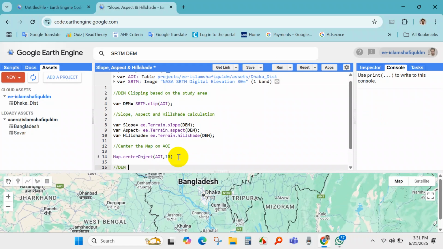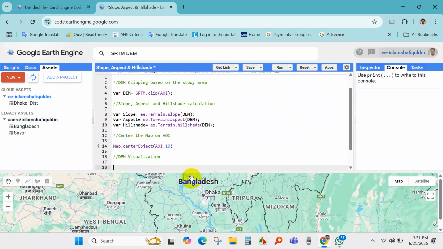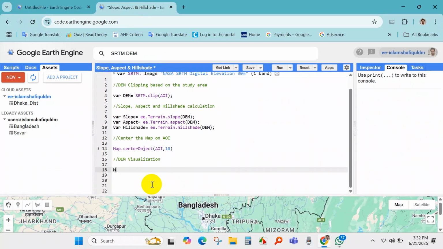I will visualize the digital elevation model DEM. For that, I will write function Map.addLayer, and DEM, second bracket, and then minimum 0 and maximum 200, and palette, I mean color, third bracket, and write color blue,